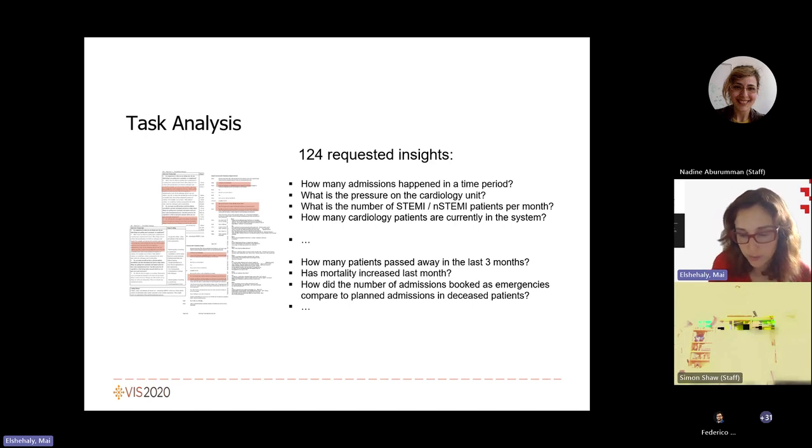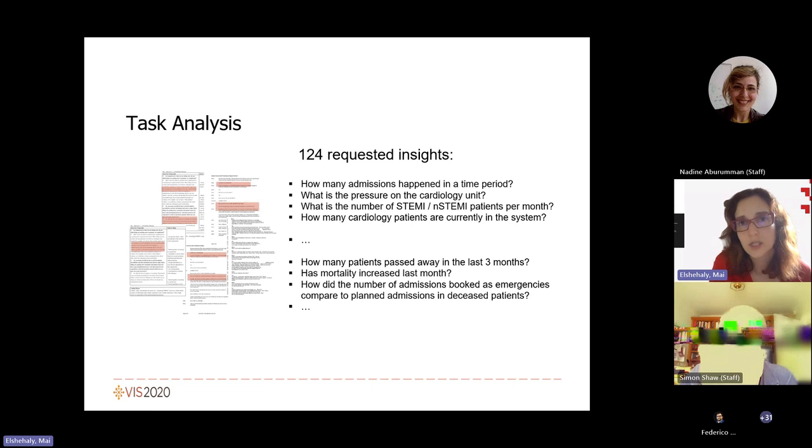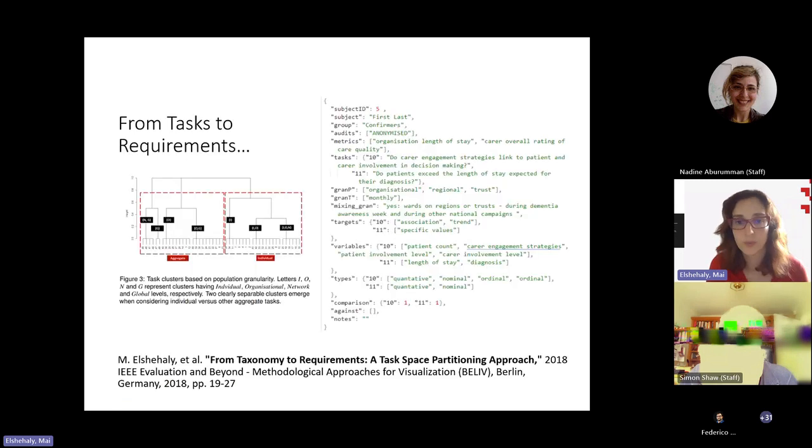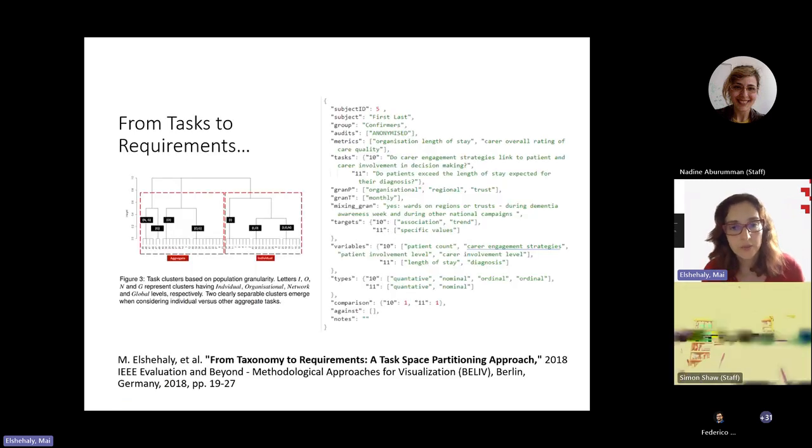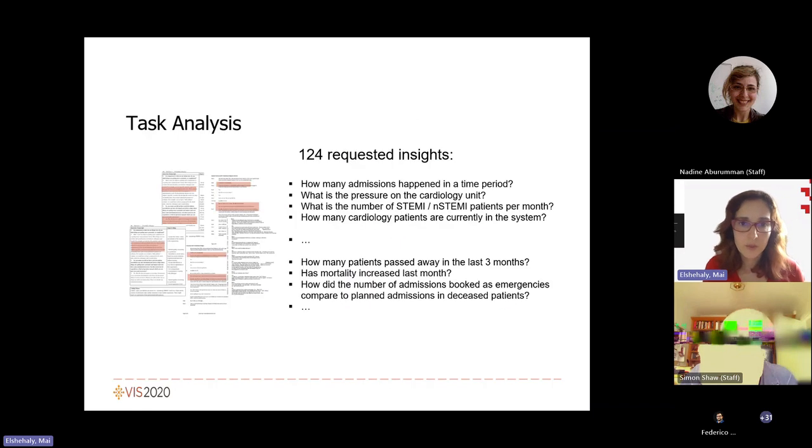So we really thought, okay, we've got a really good understanding of the tasks that people wanted to perform. And then we published our first paper from the project back in 2018, looking at building some structure around those tasks. So we looked at the different task taxonomies and classifications in the visualization literature to try and find some commonality across them, so that we could look into the different visualization alternatives that could cater to these, because obviously there was no way we could create 124 visualizations.